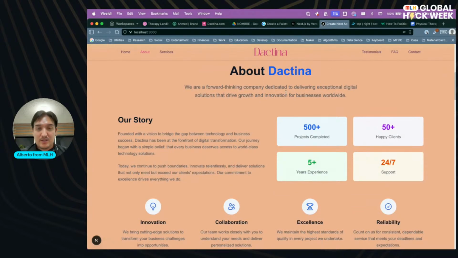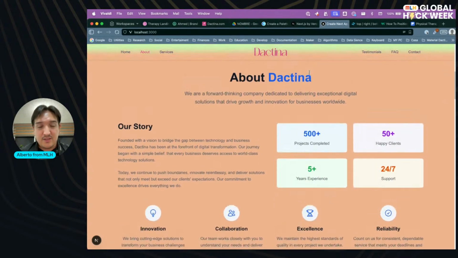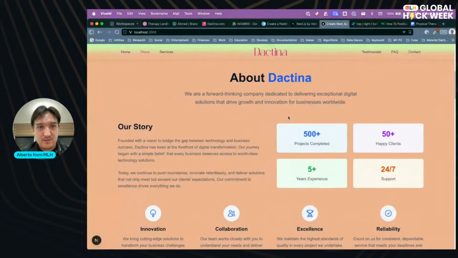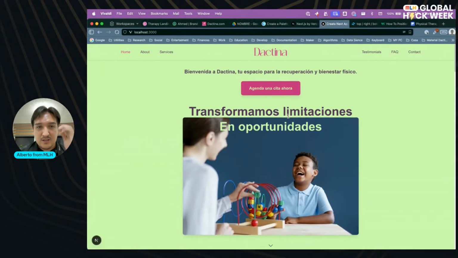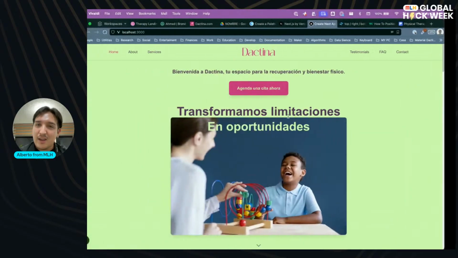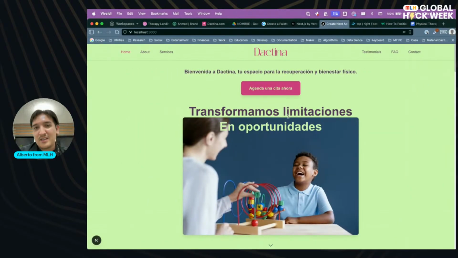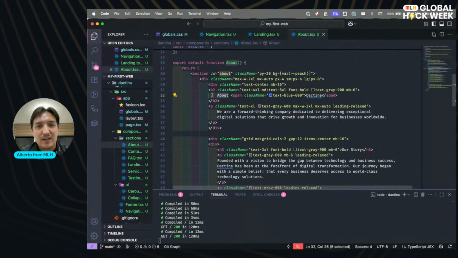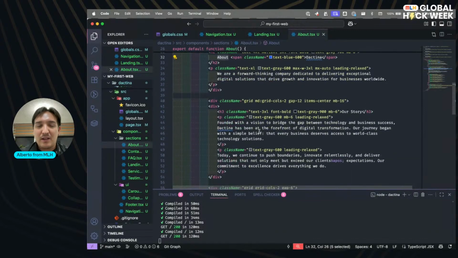About Dactina. Well, also another thing, now that I remember, I need to translate this into Spanish because this is going to be for a Spanish market. So I don't know if I need to do that right now, but